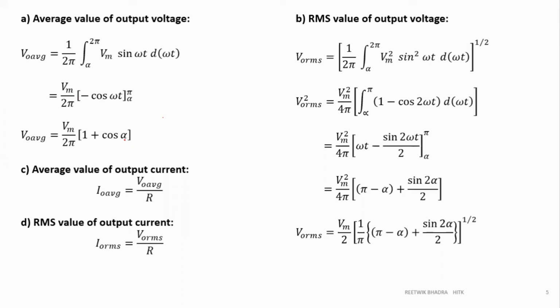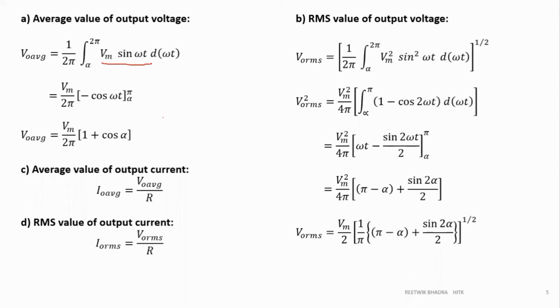Now, if you take a diode rectifier, what was our alpha? Alpha was 0, so cos alpha is equal to 1. So cos 0 is 1, 1 plus 1 is 2, and the 2 cancels out, giving Vm by pi. If you take any other value of cos alpha, it will always be less than Vm by pi, so you get a lesser average value. So you get a controlled voltage according to the value of alpha. Okay, next is your RMS value. Same formula, but here you take 1 by T, 0 to T, f(t) squared.